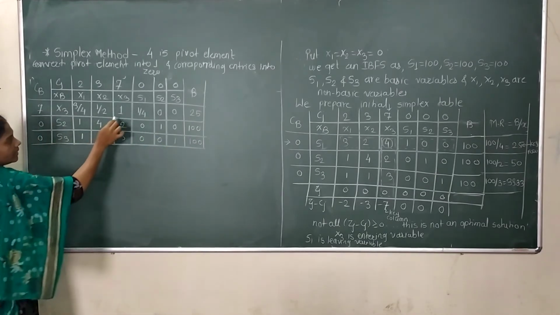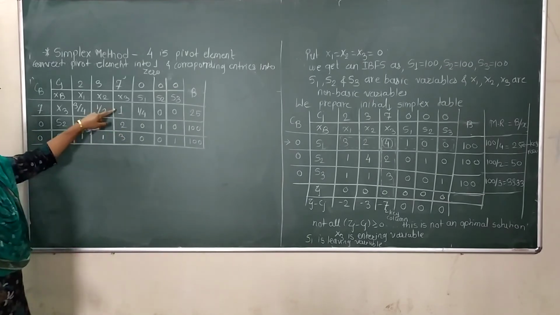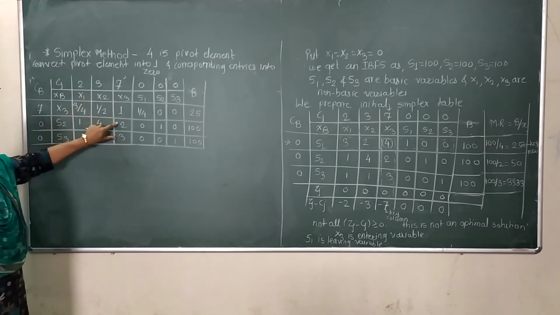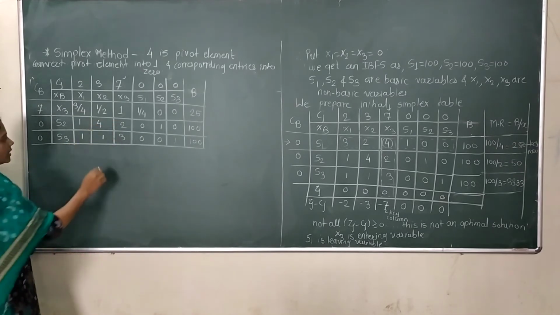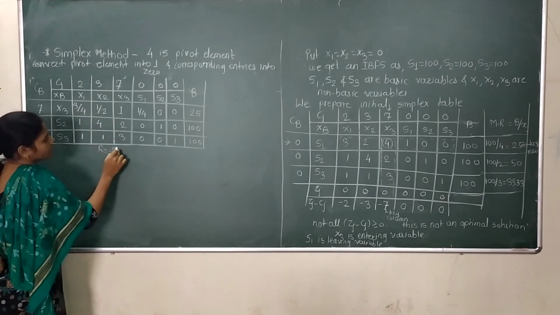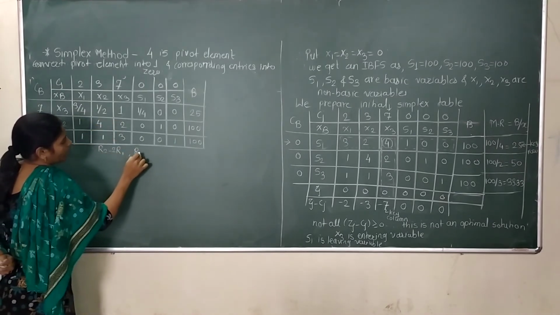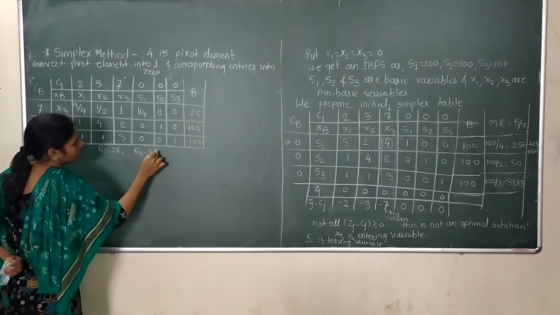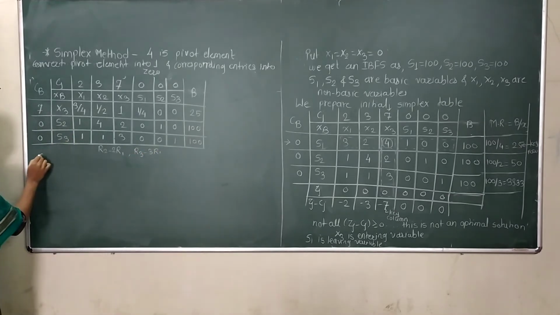Now, after converting this pivot element into 1, by making use of this 1, we have to make these 2 entries 0. So here we have to apply R2 minus 2R1 and R3 minus 3R1. So we get the next simplex table as